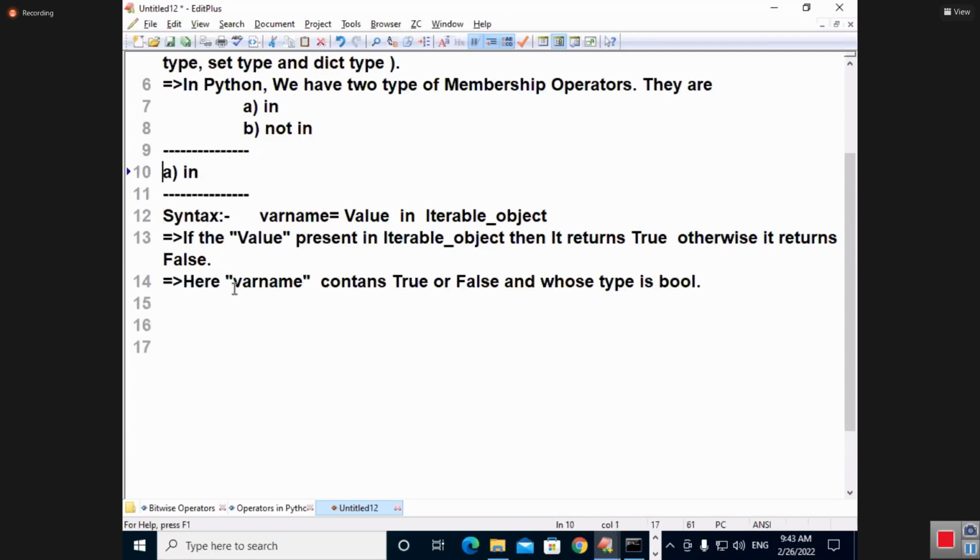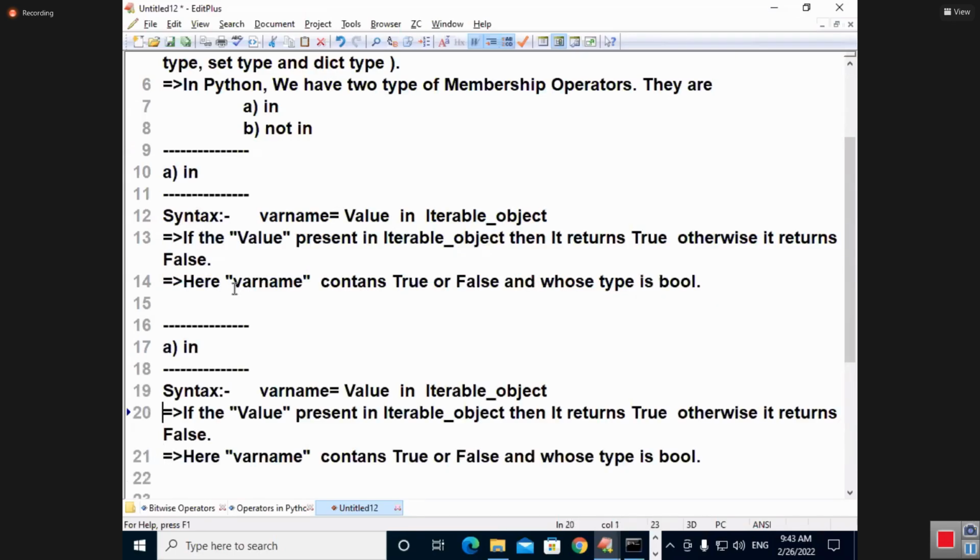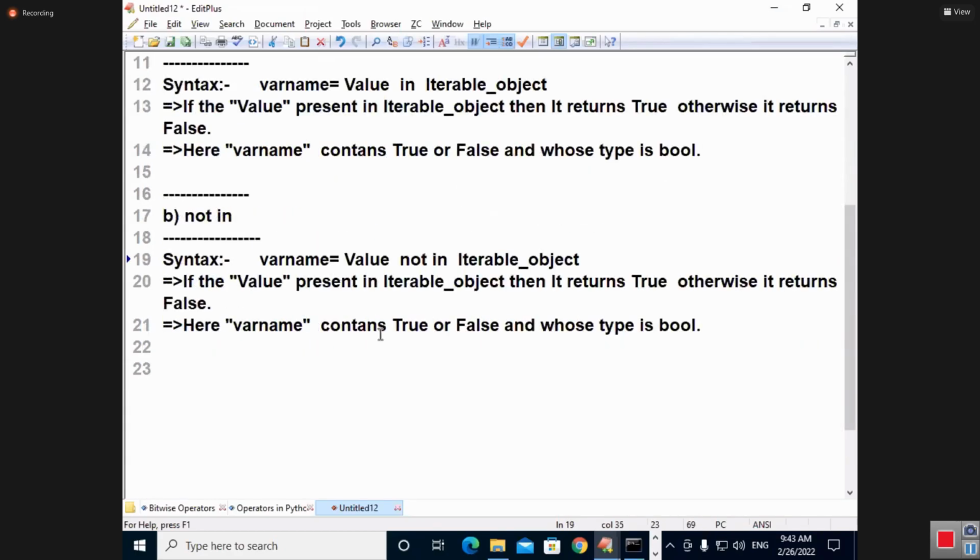Similarly, I will explain not in also, with combined examples. Very easy to understand. Syntax: value not in iterable_object. Just apply your intelligence. If the value does not exist in the iterable object, it returns